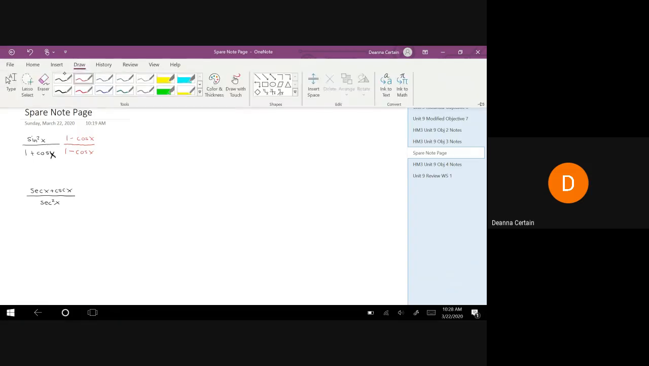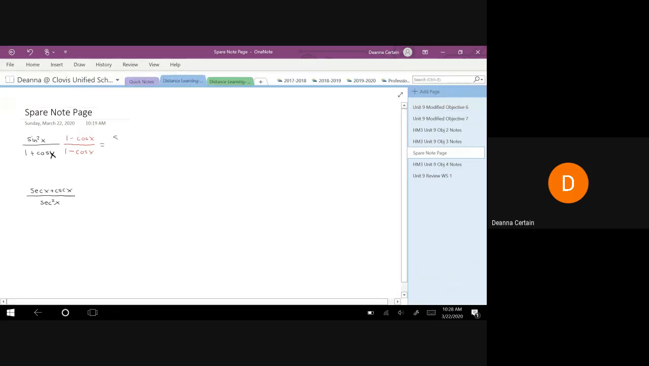Okay, and so this would simplify to sine squared x times 1 minus cosine x on top. On bottom here, foiling these out, 1 times 1 is 1. The negative cosine x and positive cosine x for the outside and inside will cancel. And then we have minus cosine squared x for the last. And 1 minus cosine squared x